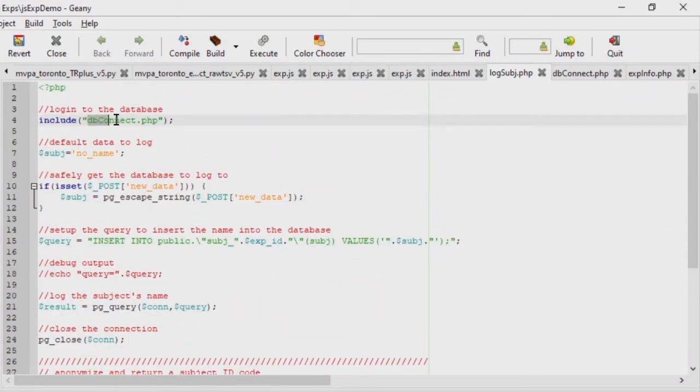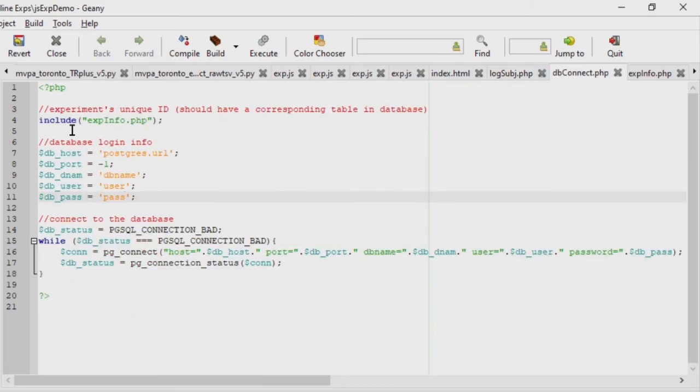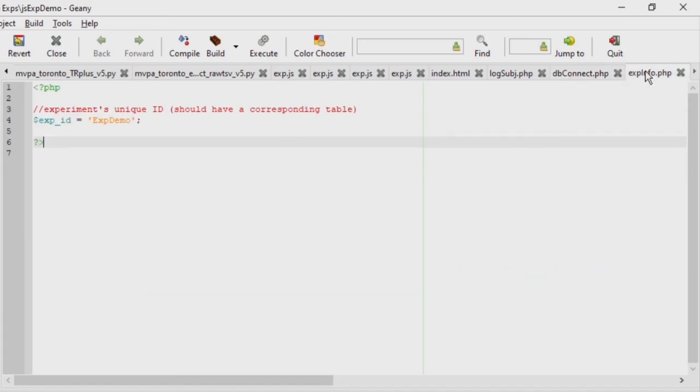Okay, before we leave the log subject file, there were a few other things here I just want to point out. It calls a file called dbconnect, and if we look at that, this is a file where we are connecting to our Postgres database. Now, I've taken all my login information out here, so you're going to have to populate this with parameters that you receive from your IT department or that you set up yourself if you're very fluent and capable in setting up SQL stuff. You can see that here we're referencing the experiment info file, which I've already told you is where we have the name of our experiment,